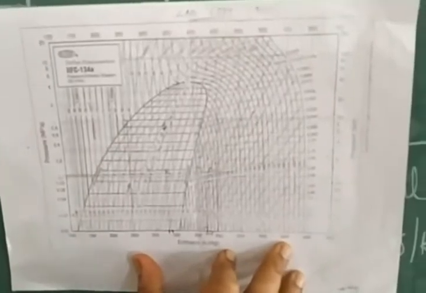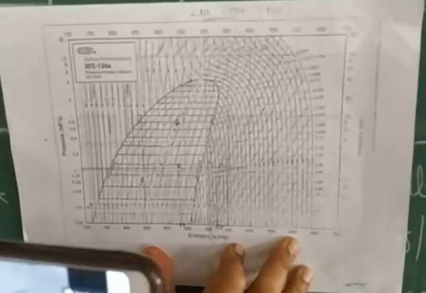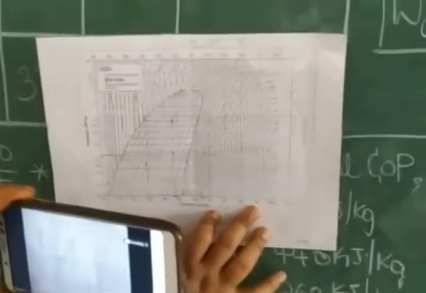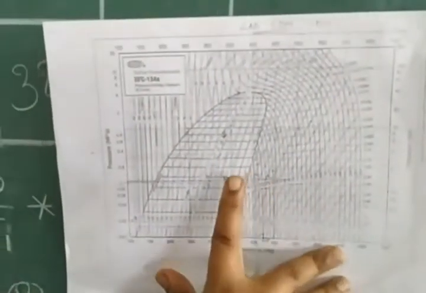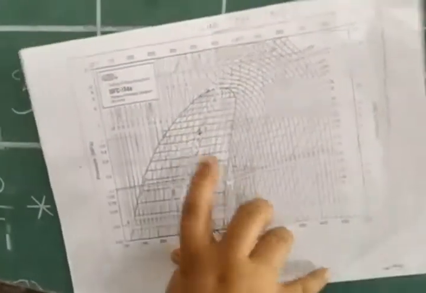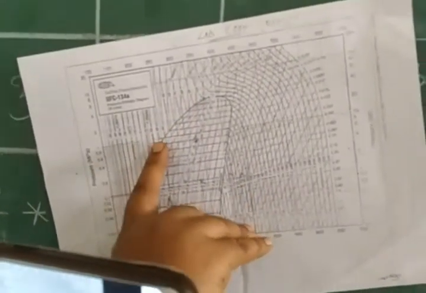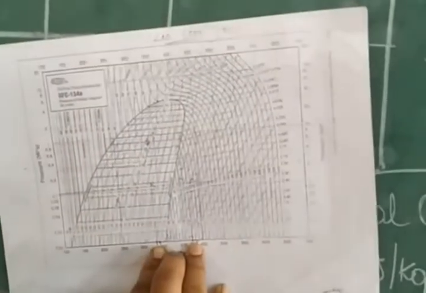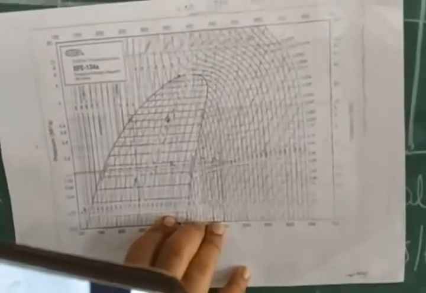What do I need from this chart? H1, H2, H3 and H4. What is H1? H1 is at pressure P1 and temperature T1. Then I have to get the corresponding values. You can see the temperatures here, pressure from this. So just drop down, you will get the enthalpy. We have marked something like this, see. So this is how we calculate.